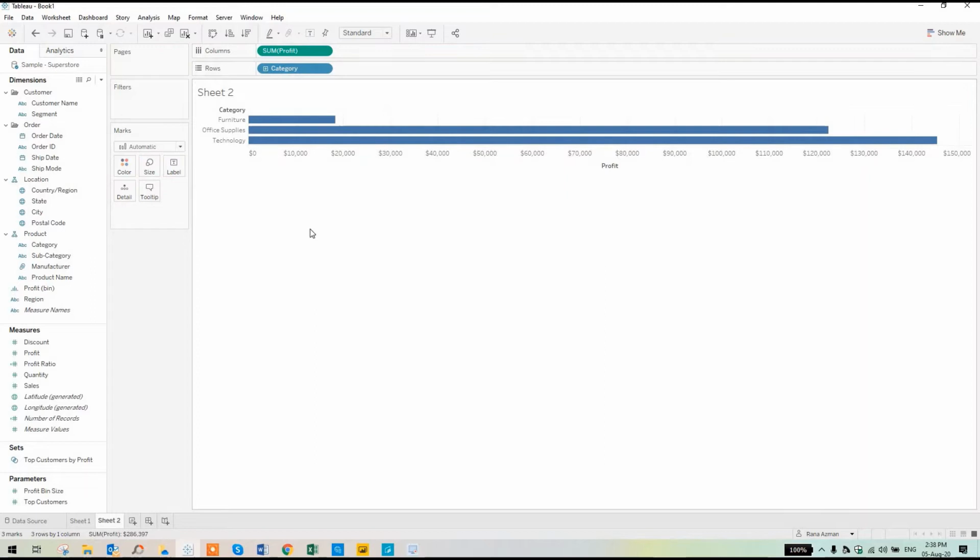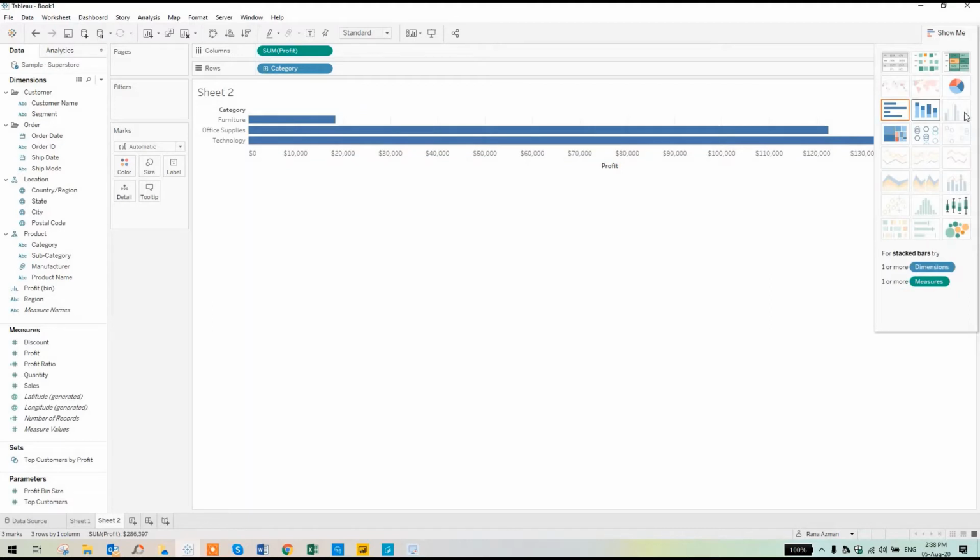Now it has already created a default visualization of this category. We'll change it. The Show Me option has appeared, and it's saying that the grayed out ones are not available, and the colorful ones which are available can be created from this visualization.